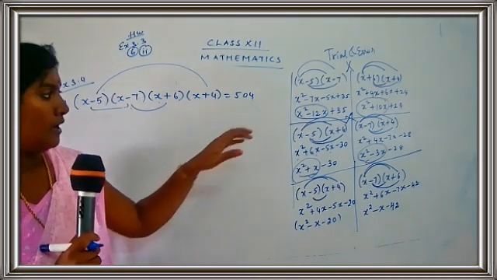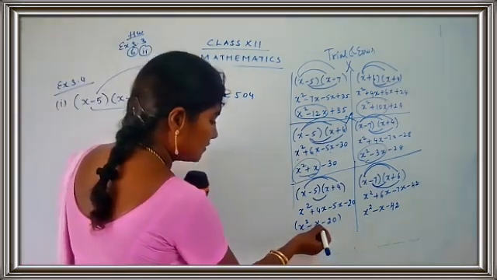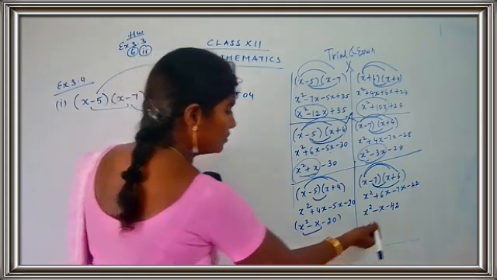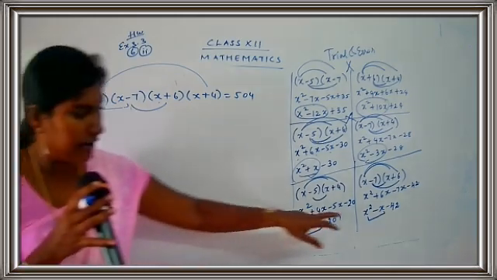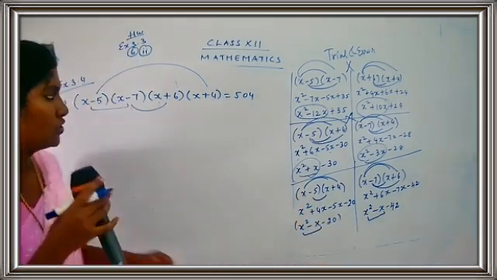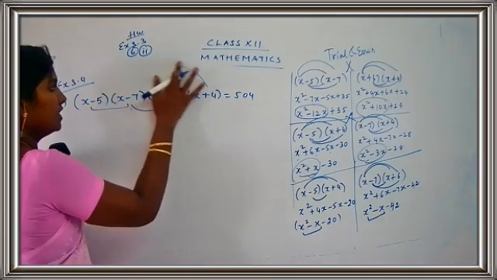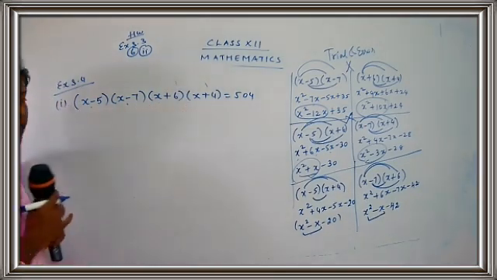Now here just see, children, at the last we are successful. We just got the same two terms. I got x square minus x and I got x square minus x. So now this combination is a successful combination. So what we did first, this was a question given to you: x minus 5, x minus 7, x plus 6, x plus 4.